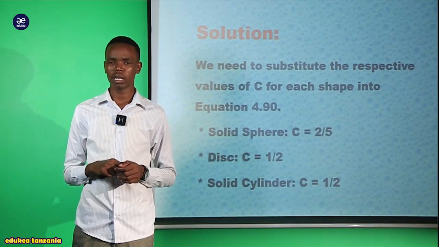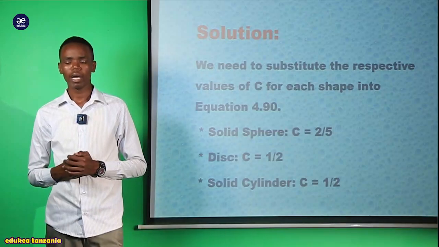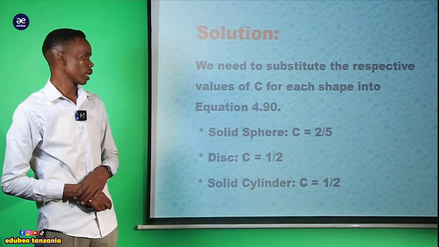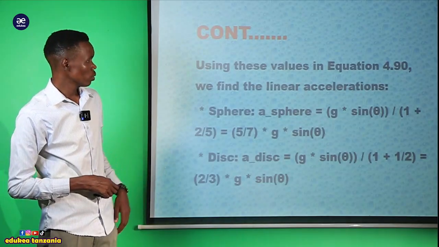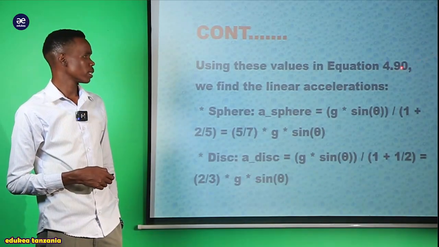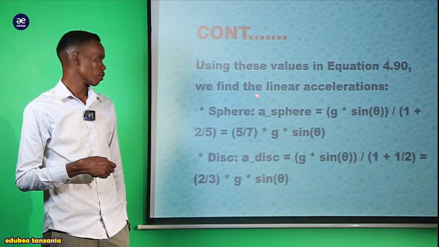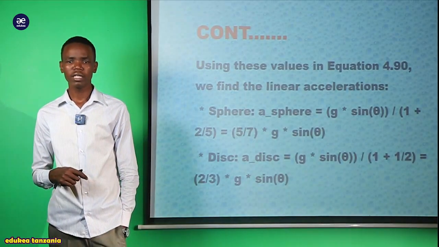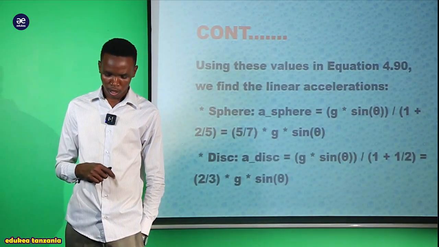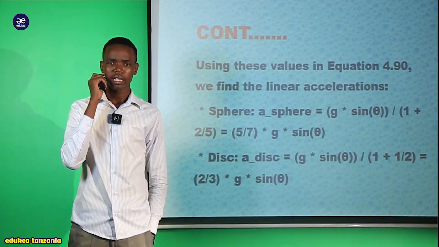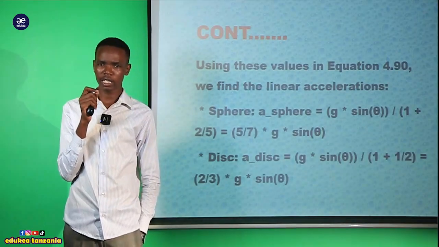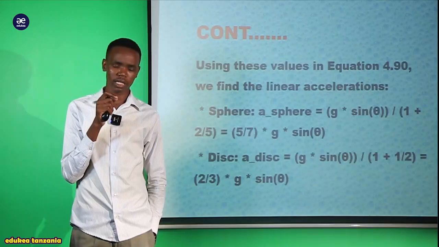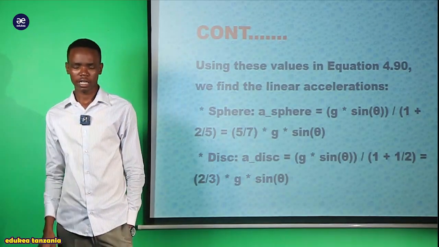We divide by 1 plus c. Now the value of c we have here. So using the value in equation number 4.90, we find the linear acceleration. Now we were supposed, my dear student, to go for our equation 90, for our fourth topic, which gives us the formula of the linear acceleration,